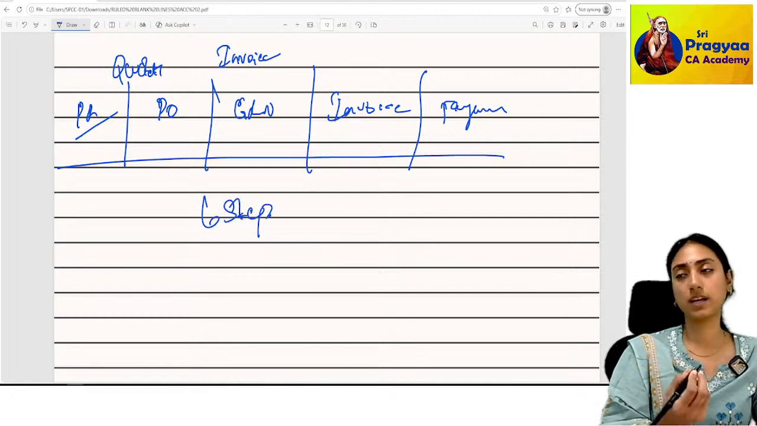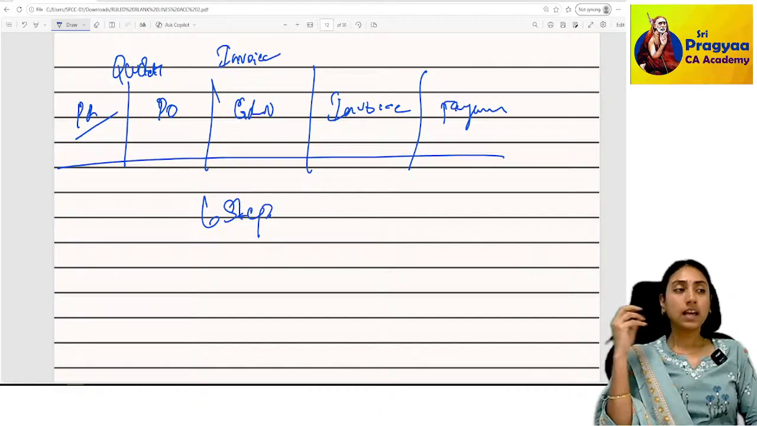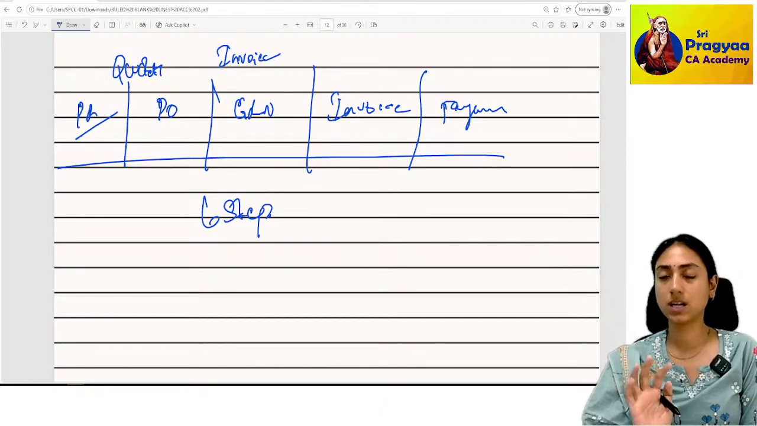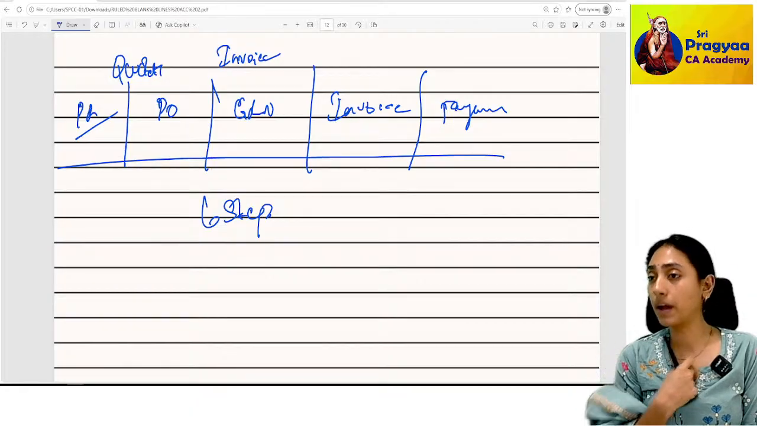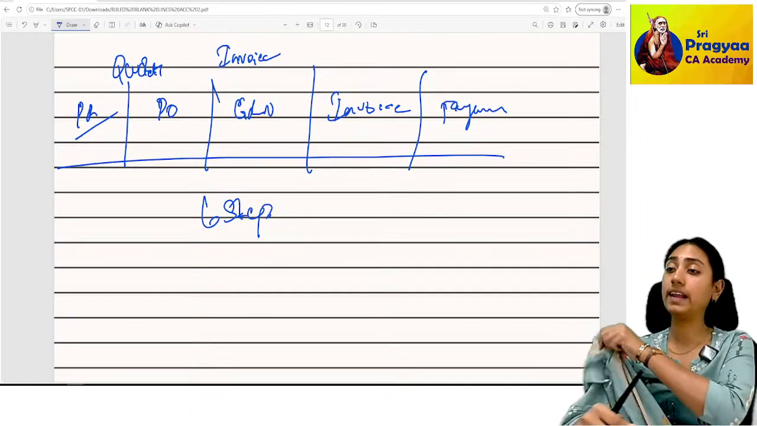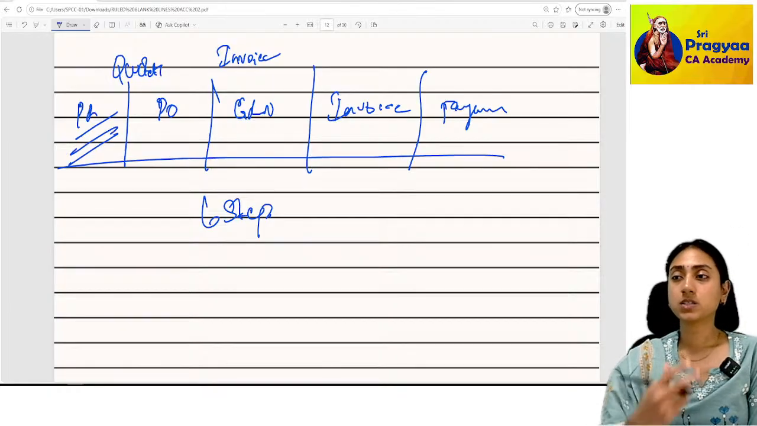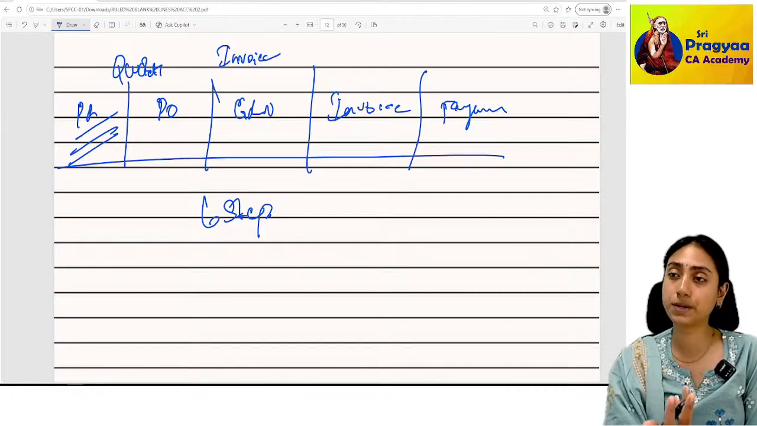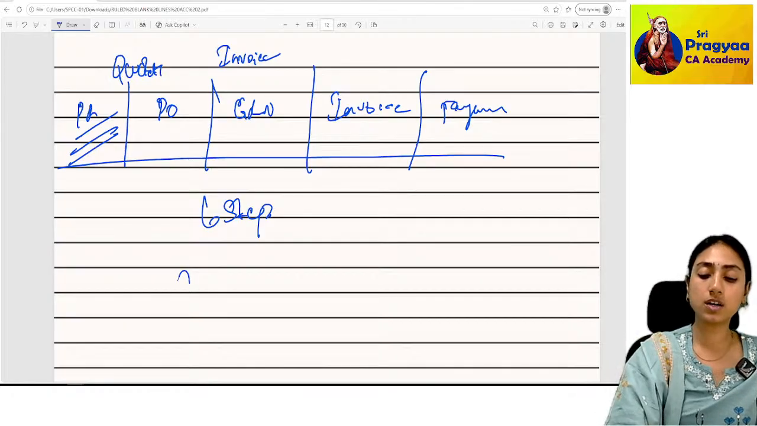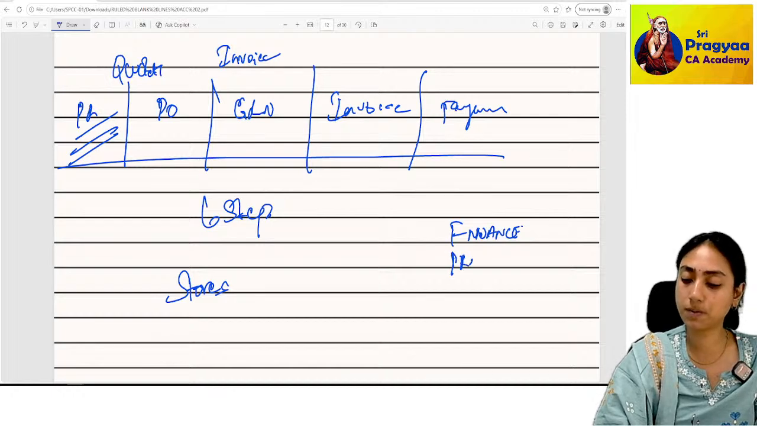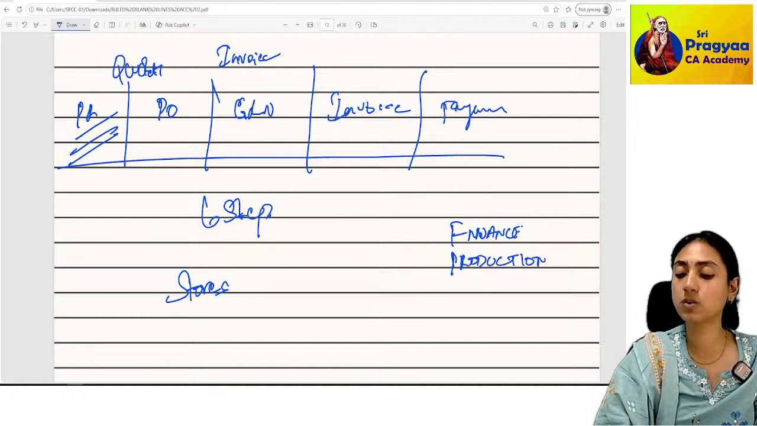Any industry you take. So say I am from the finance department. I'm working in a company. Say I need a laptop. I don't go and purchase immediately. So I'll have to raise a purchase requisition. The user department raises a purchase requisition to a department called stores. As much as there is a finance department in every company, there is a production department which concentrates on the core